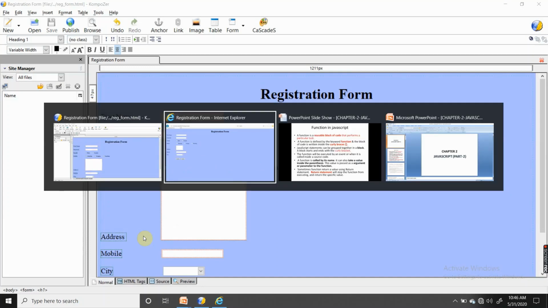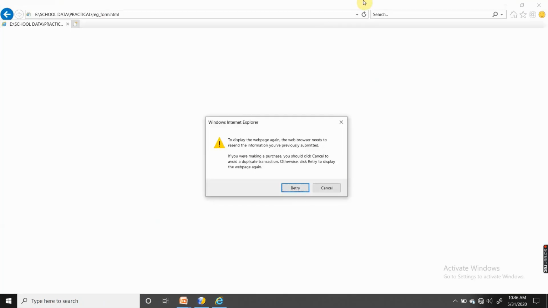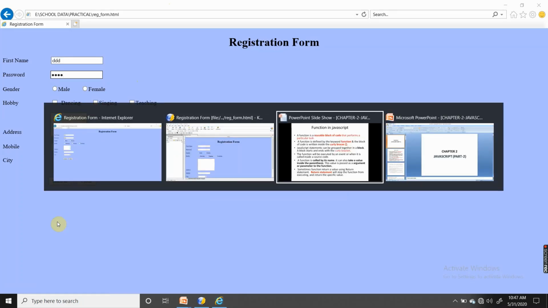Fine. Refresh. Now I will click on the submit button. Enter a name. Fine. I will enter it. Then I will check the password. Enter your password. And I don't have to go there. I will get the focus also. Fine. Password also done. Now we will focus on theory also.